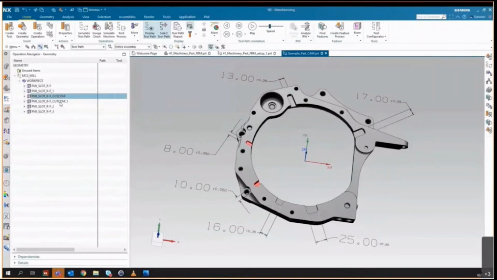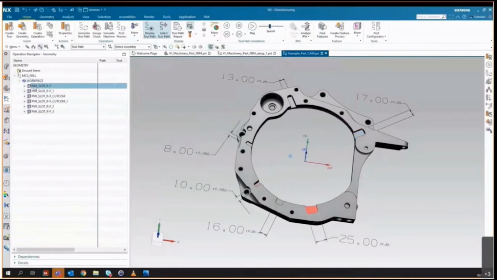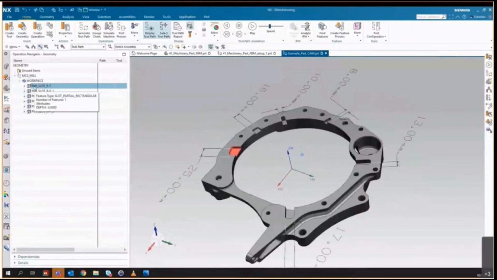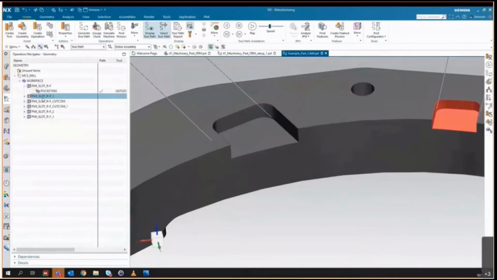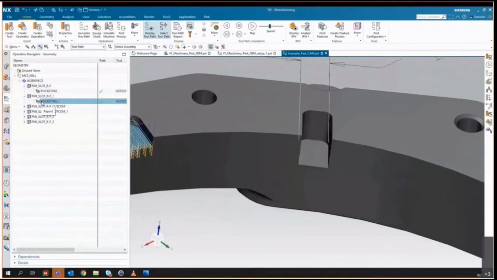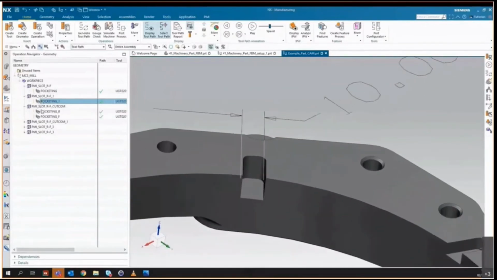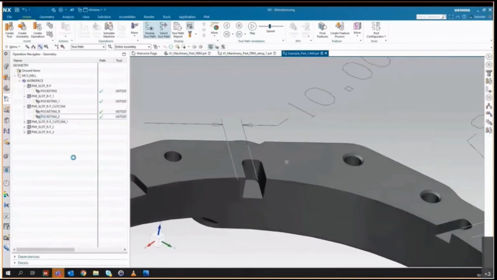So as you would expect, 4 of them have got a tolerance of plus or minus 0.25, a tolerance band of half a mil. 2 of them have got a plus or minus 0.05, so 50 microns, so that's a tolerance band of 0.1. So 2 of them fall within the category of requiring what I would expect to be a roughing and a finishing operation, and all the rest are finished in one go. Okay, so there again, you can see an example of the depth of cuts and the difference in the size of the features. But we've still been able to automatically create the operations to cut these features.